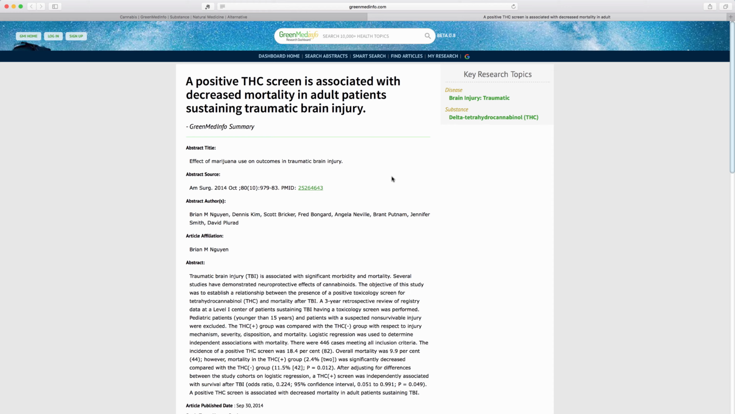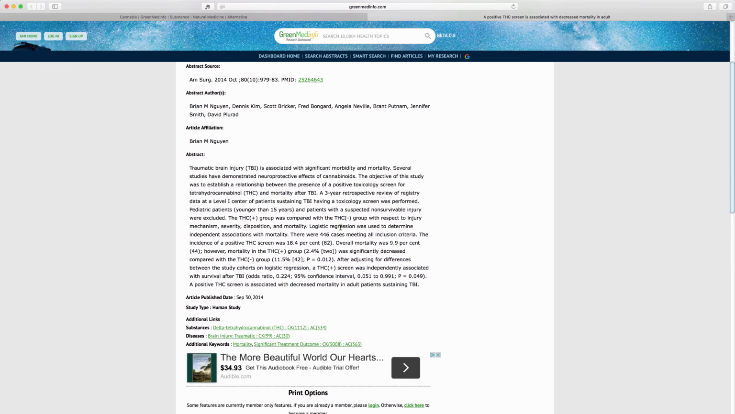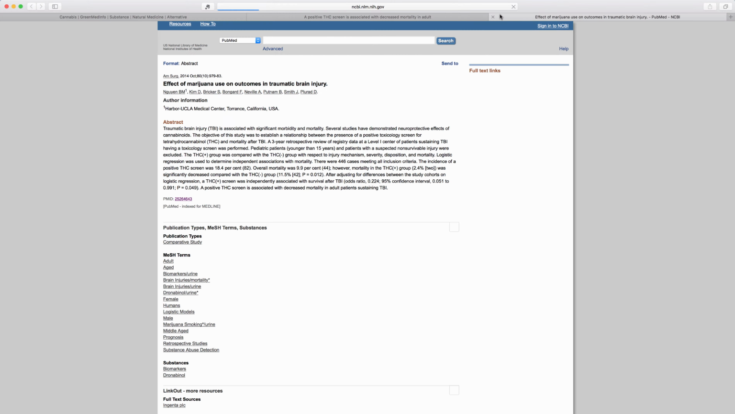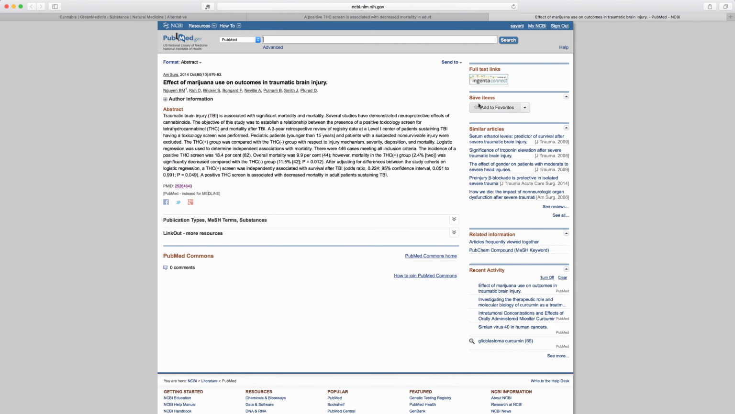Now on the right, you'll see our section for the abstract. Now keep in mind, if you click the what's called PMID number, you will actually go directly to the National Library of Medicine, which is what we love because again, GreenMedInfo is a pass-through site. We're not here to get you all stuck up in our system. Hopefully, we're just hoping to realize our mission of spreading awareness of how much research already exists at the National